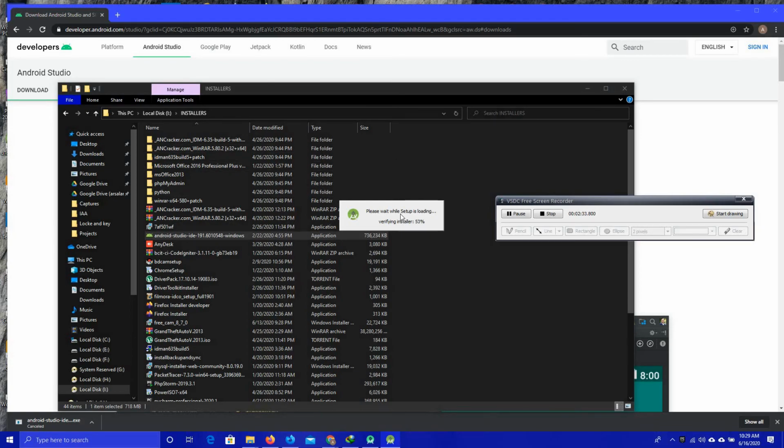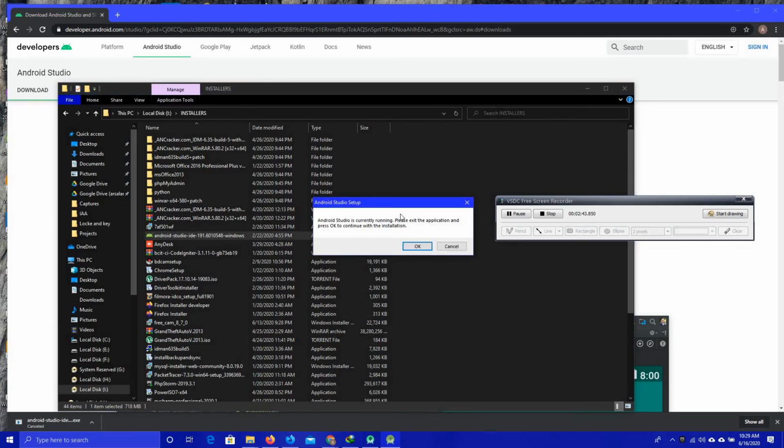I prefer that you install Android Studio on an SSD in your personal computer, because an SSD runs faster as compared to an old school hard disk drive, because SSDs are much more